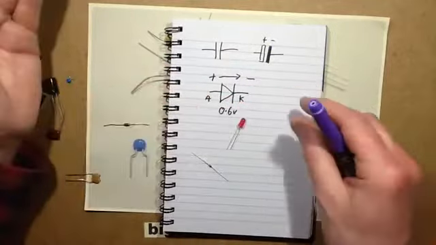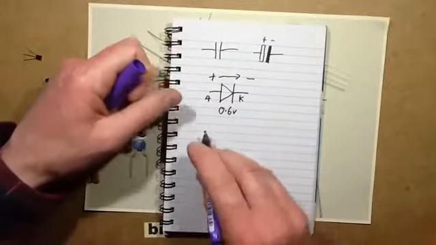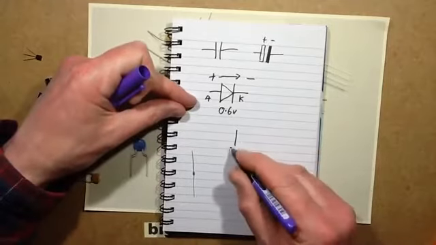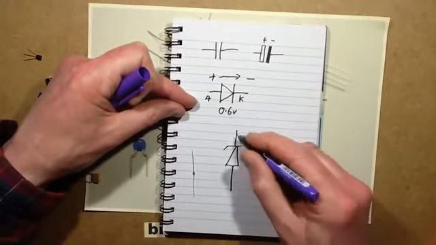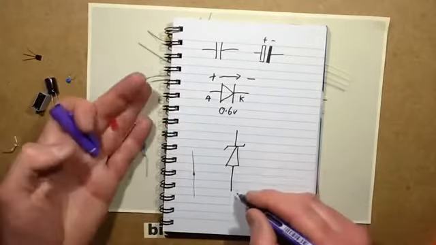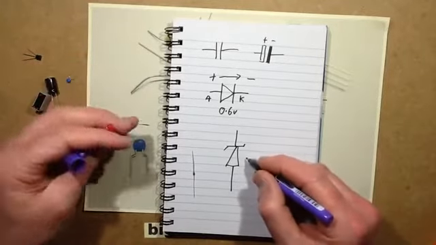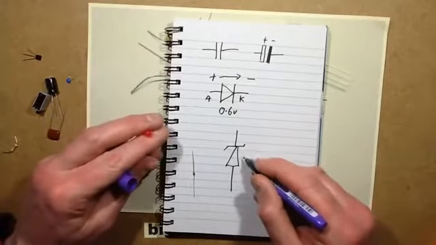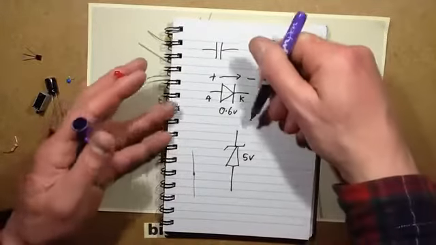So let's look at the other diodes, Zener diodes. A Zener diode is a diode used for voltage regulation or to provide a voltage reference. It will act like a normal diode if you pass current through it in the normal direction, and it drops roughly about 0.6 volts. But say for instance you want a 5 volt supply, you get a 5 volt Zener, and when you actually